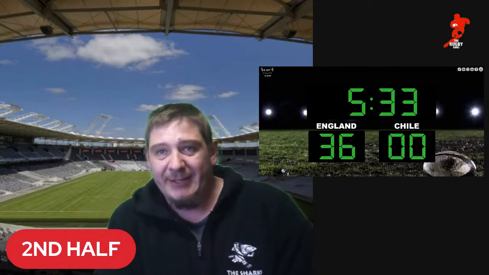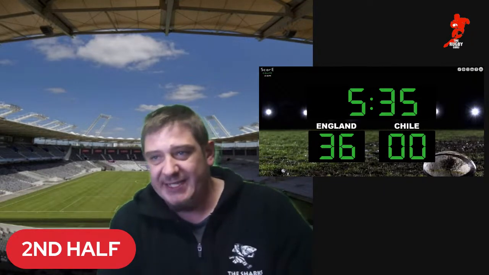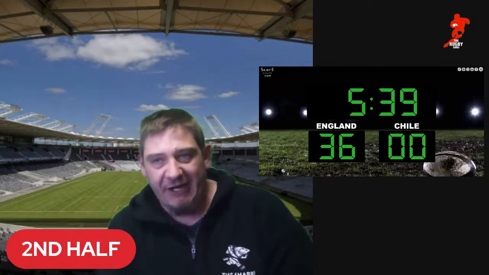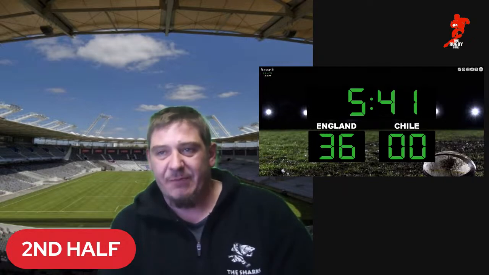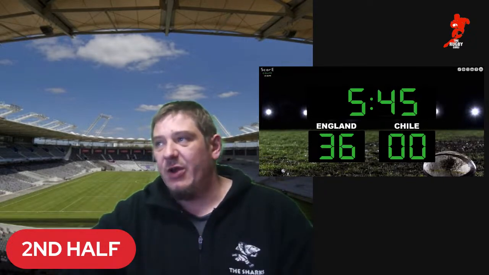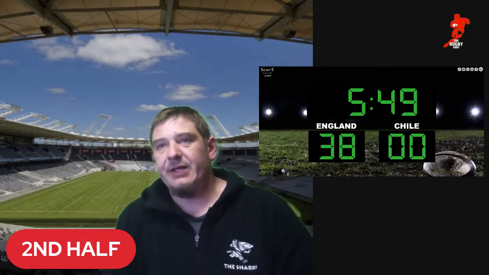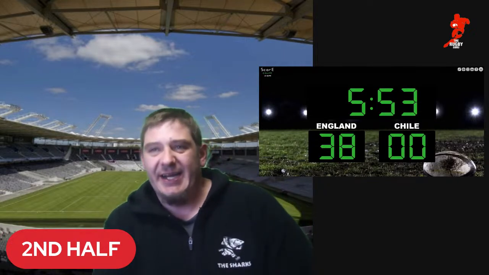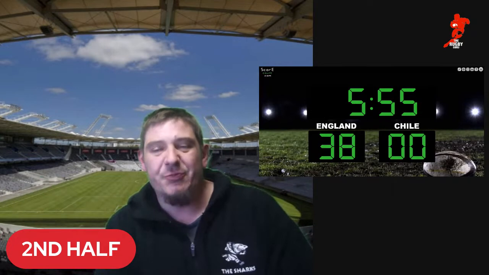Right, so Pool D clash, England versus Chile. England well and truly on their way to another big victory here in this competition. Conversion goes over from Owen Farrell, making it 38 points to 0. Will we see them carry on to 80 points? I did say that England were going to win by 82 points.